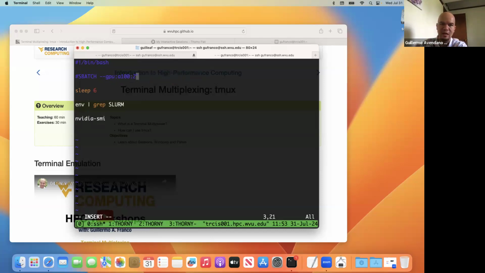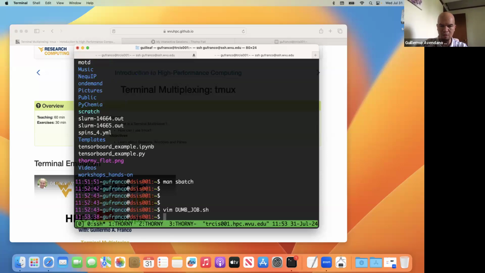So in this case, I am declaring, oh, no, it's not like this. It's gres equal gpu colon A100 and the number of GPUs that you are requesting, and not this. Sleeping for 6 seconds, you will see all the variables, and you will see the output of nvidia-smi. So here, and if I do sbatch,